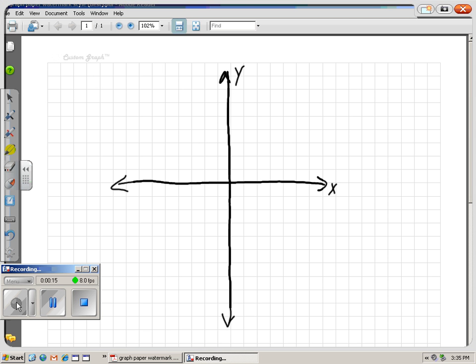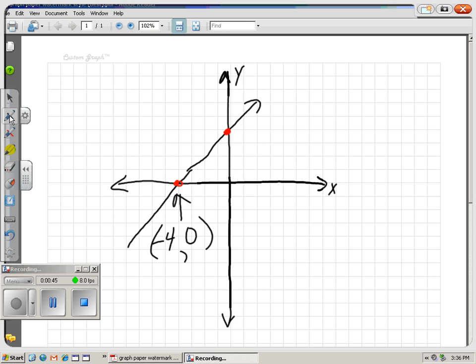An x-intercept is just where my line crosses the x-axis. So right there, where I cross the x-axis, that's my x-intercept. And if I continue on upward, right there, where I cross the y-axis, that's my y-intercept. Now look at the coordinates of my x-intercept. The address of that point is 1, 2, 3, 4 steps to the left and no steps up or down. So -4, 0. That's my